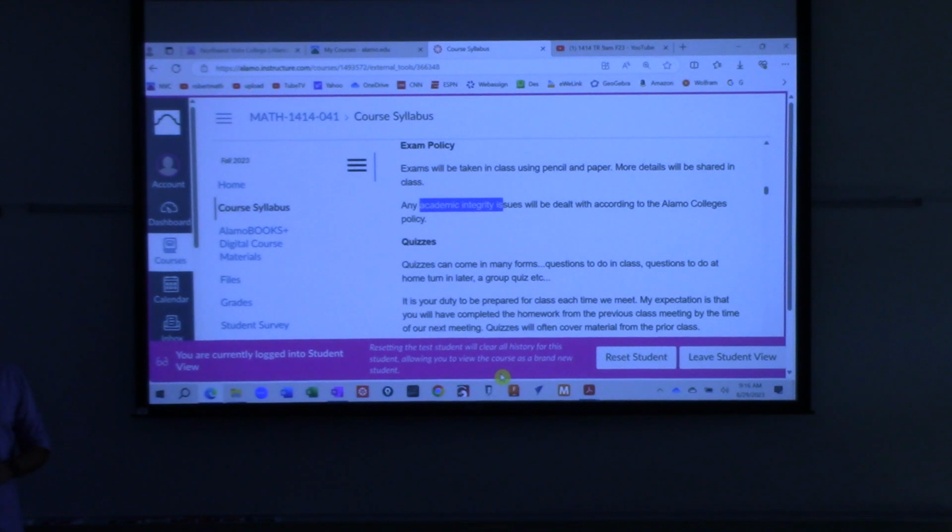So, cheating at this level is not tolerated at all by me. If this was a non-STEM math class, I might be like, this is a good opportunity for a life lesson, right? Like, let's give them another chance. But here, you've got to do your own work. So during the tests, I expect that you're not going to be trying to get your phone out underneath. I'll be right here, so it's easy for me to see. But just know that I deal with that pretty strictly. I'm pretty harsh about that, all right?